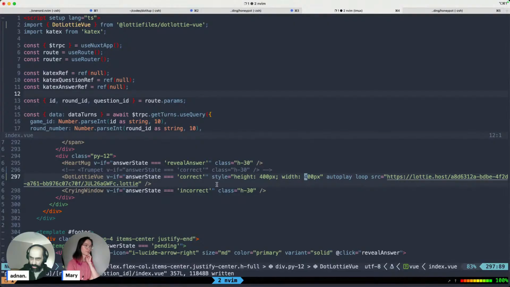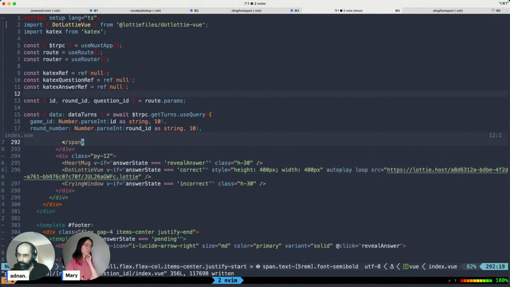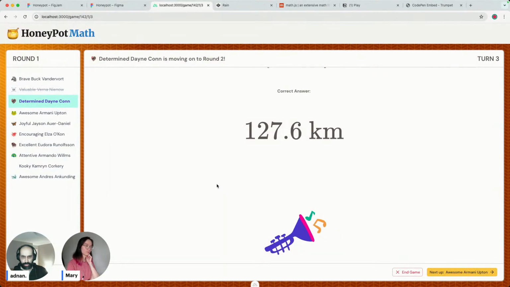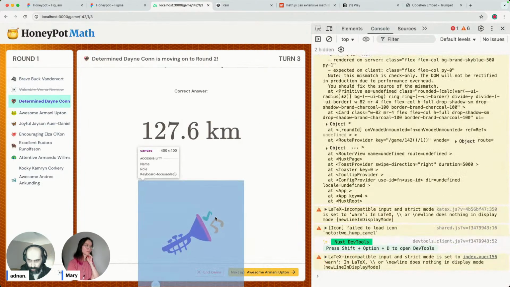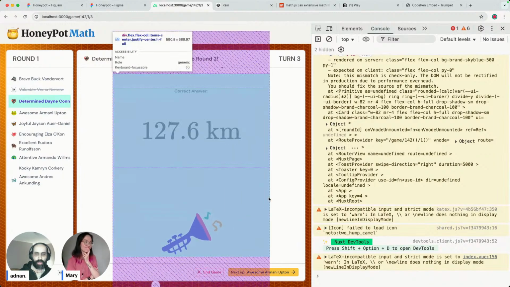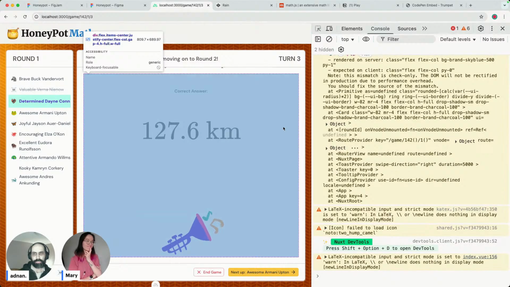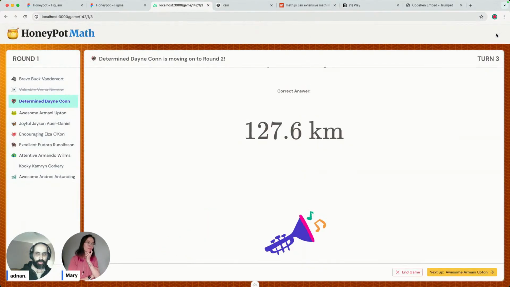And then get rid of this now. And I have a py-12 here, but it doesn't seem like that's the spacing. So yeah, this whole thing is bleeding over. I'll take a look at this later. I think for now I'm happy with the replacement